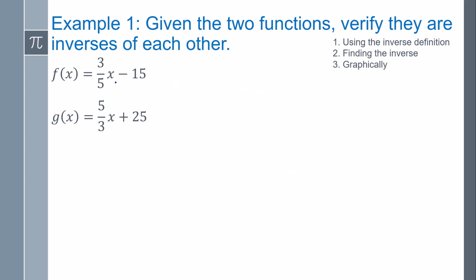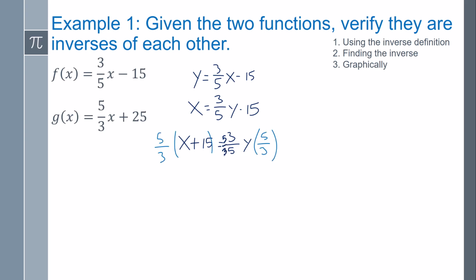The next is you can show if they're inverses of each other by just finding the inverse. So on this top equation for my f of x, if I use the method for us to figure out the inverse, switch the x and y, and now get y by itself, so add 15 to both sides. And then here, we're going to have to multiply by 5, divide by 3 to cancel that out. So we're going to multiply by 5/3. And so if I distribute that 5/3,